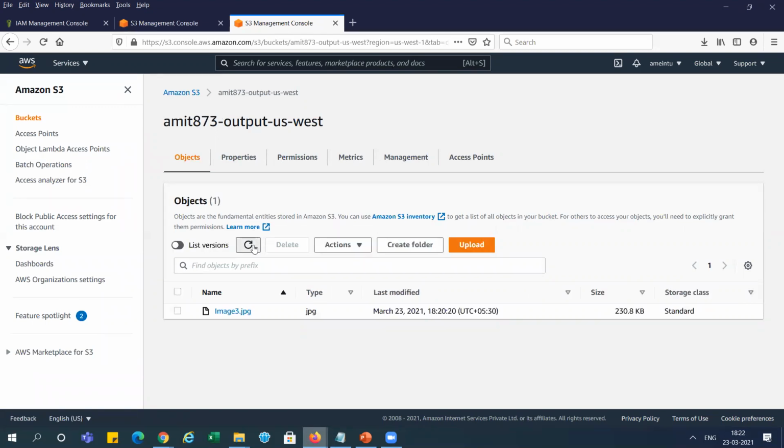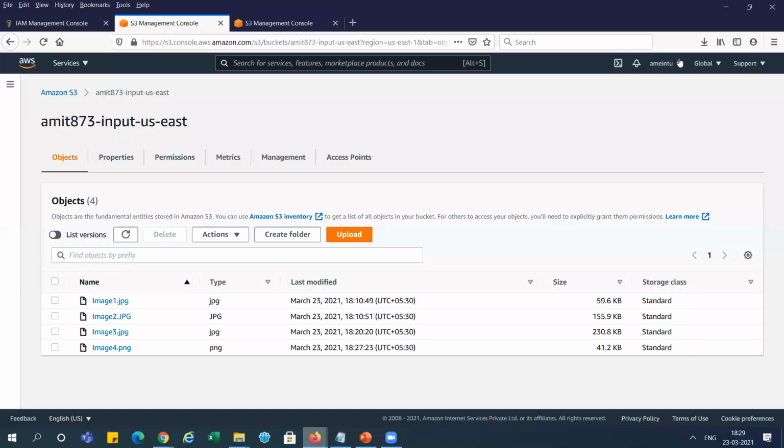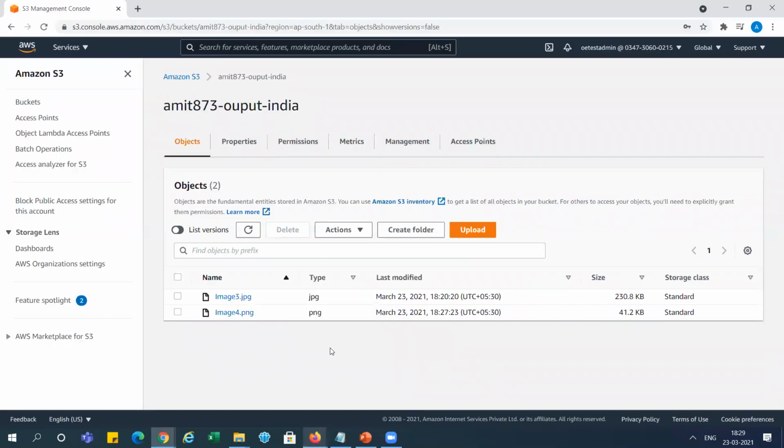It will take a little bit of time because the replication process takes 1 to 2 minutes. Let's wait for that, right? Now you can see it uploaded successfully. In the first one there are 4 records, and here there are 2 records. In the other account there are also 2 records, right? Now it will replicate to both regions.